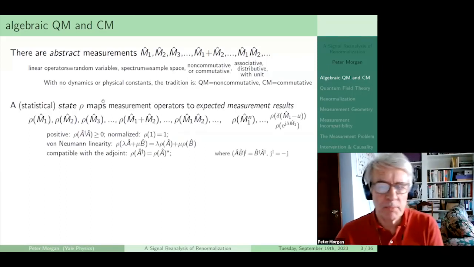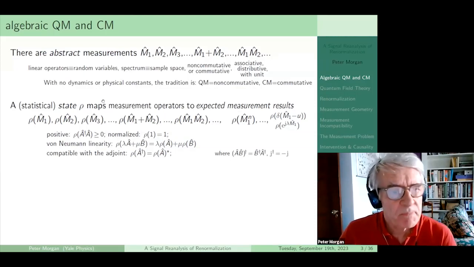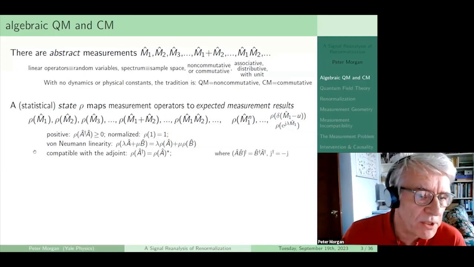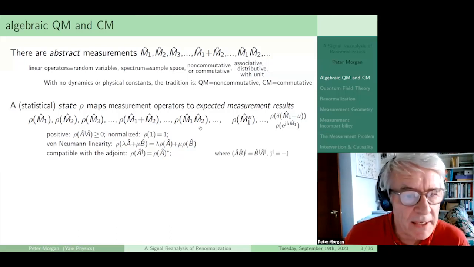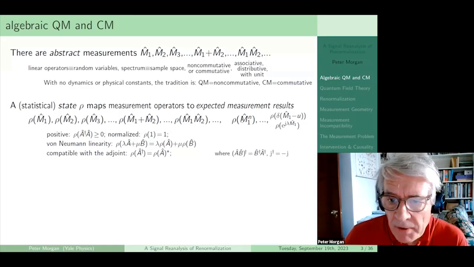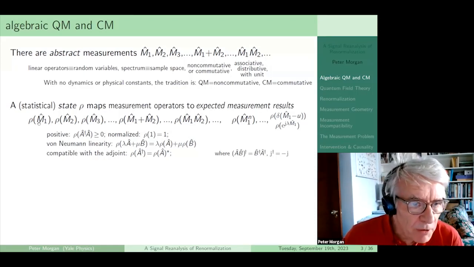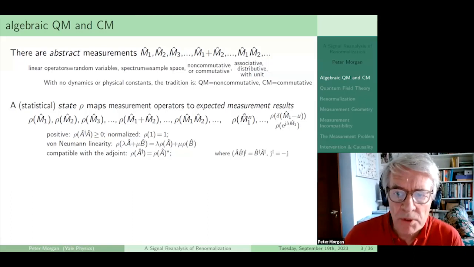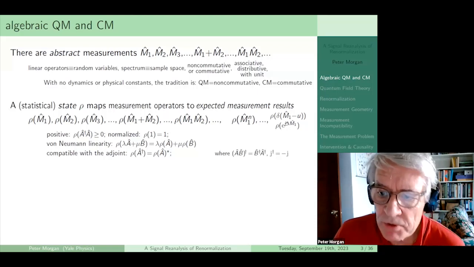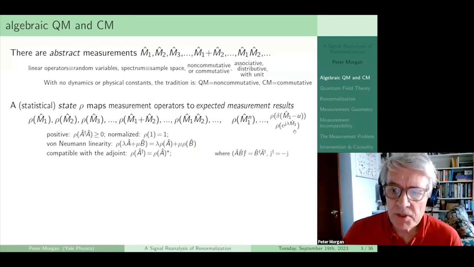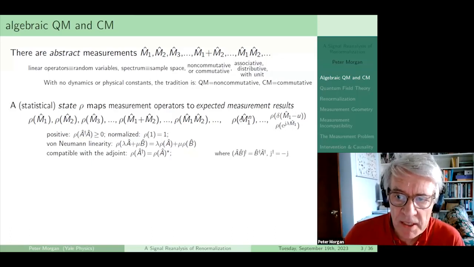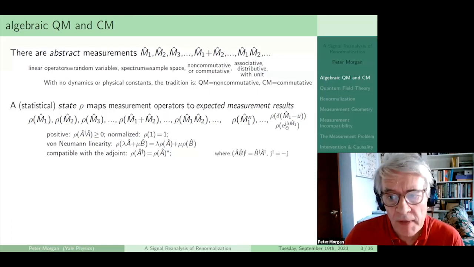We want also to make contact with physics, expected measurement results. And there's a standard way in the literature of doing so that makes contact again with quantum mechanics, which is to introduce a state that satisfies these four properties. In particular, we get the expected value for M1, but also all the moments for the probability distribution associated with that. And so we can construct a measurement generating operator that gives us the characteristic function that generates these, and we can take the inverse Fourier transform of that to give us a probability distribution.